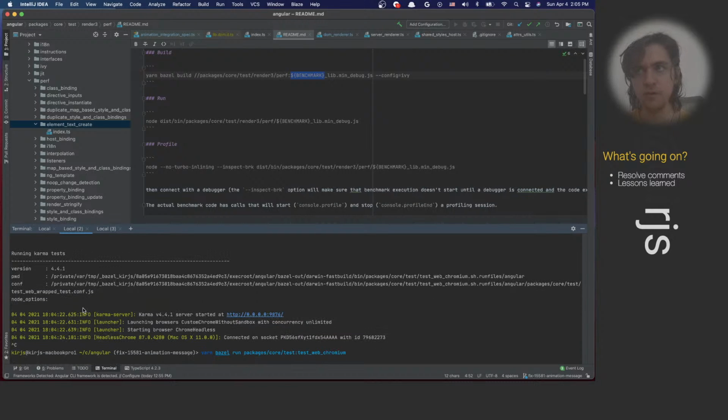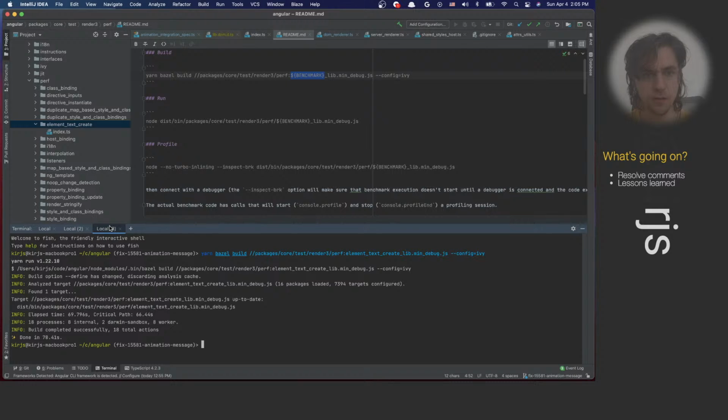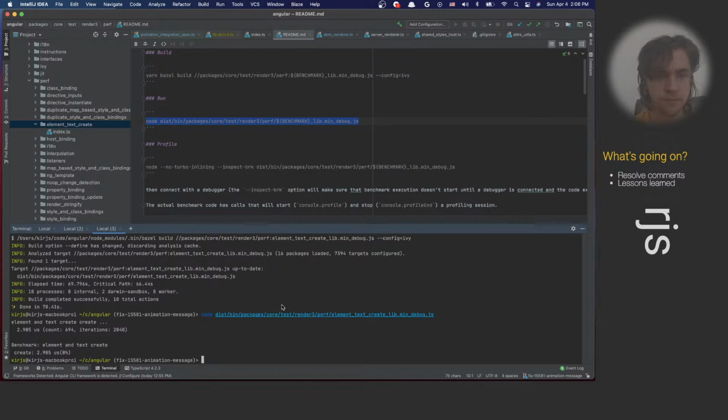Cool. I'll restart this. Cool. So this is done. So now I can run this thing. Element text create. I should have just put benchmark in a prop, whatever it's called, like a variable, right? Cool. Cool. So this